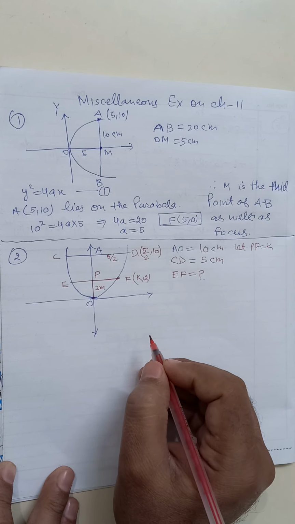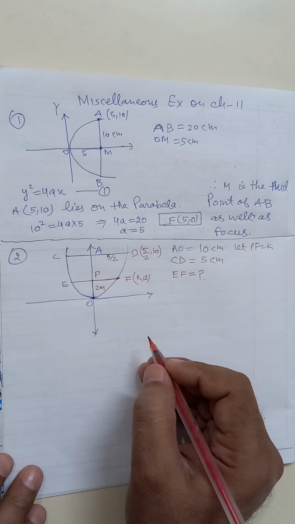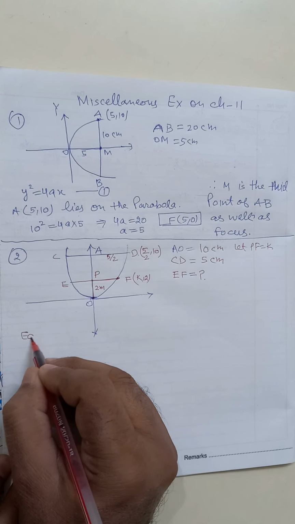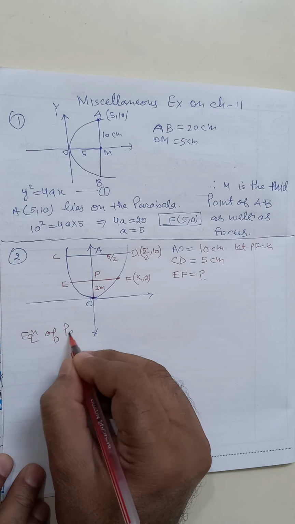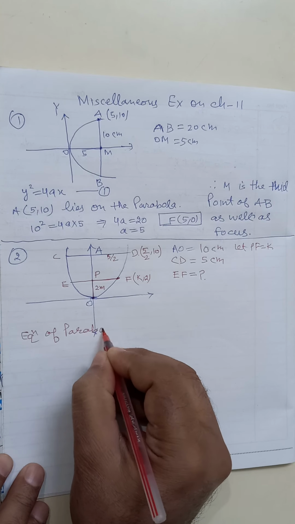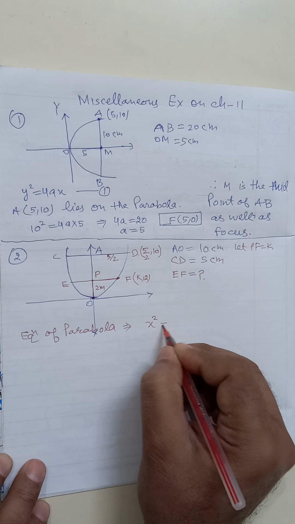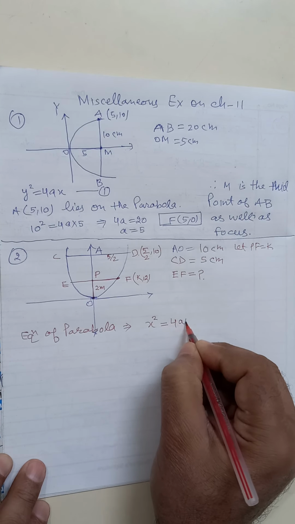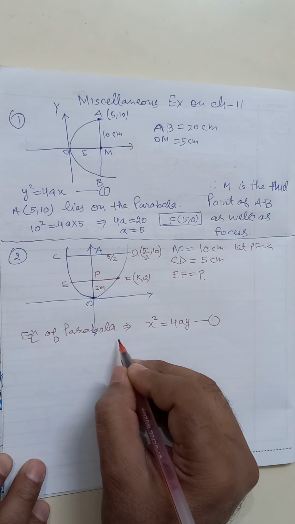Now can you tell me the equation of parabola, that is x square is equal to 4ay, and you know that the point D